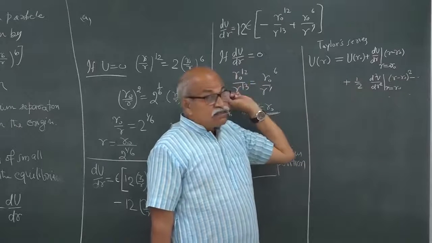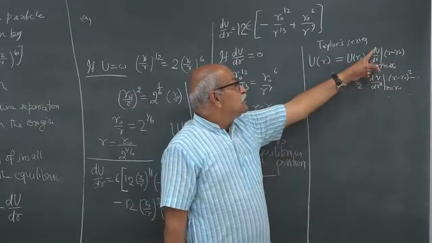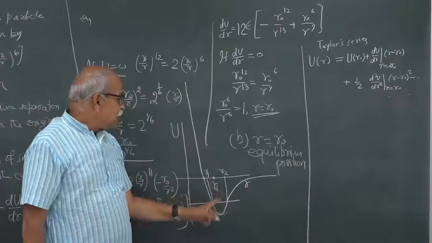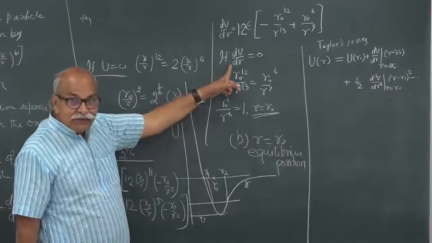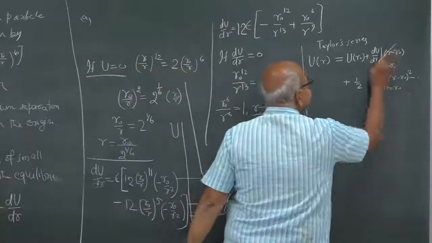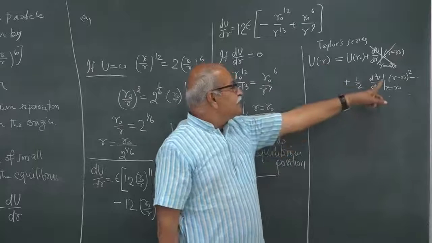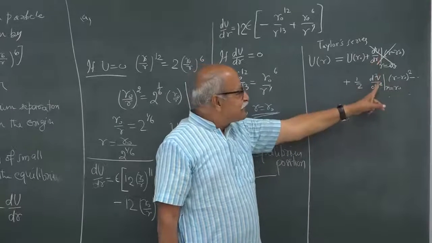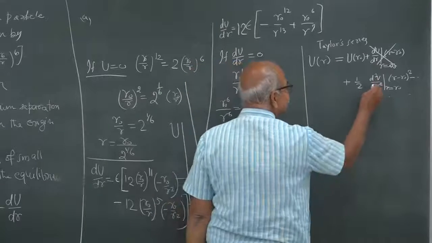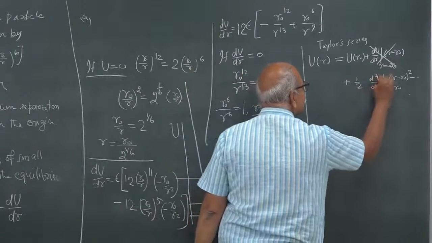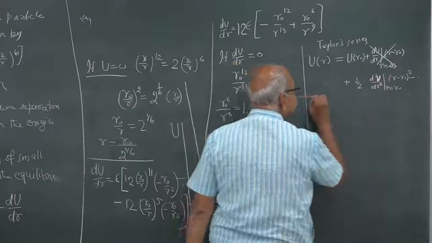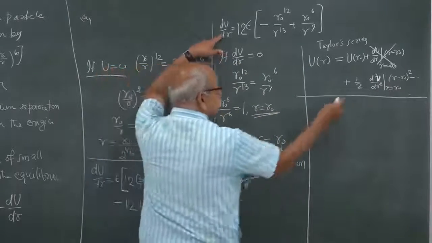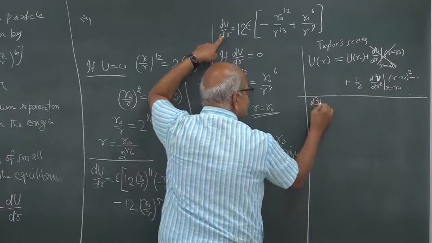Now, in our case du dr at r equal to r naught is 0. This is r equal to r naught and here du dr is 0, and therefore, this term is not there, and so I cannot neglect this in comparison to this, and so I have to evaluate this. We can do that. So, we can do that, and its du dr is here. So, let us calculate what is d2u dr square